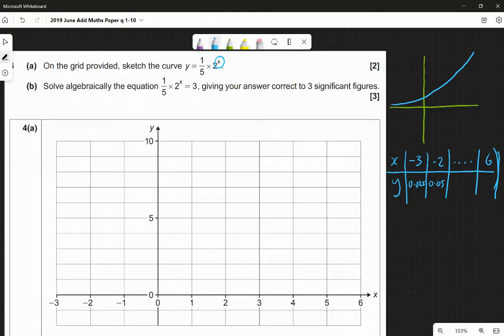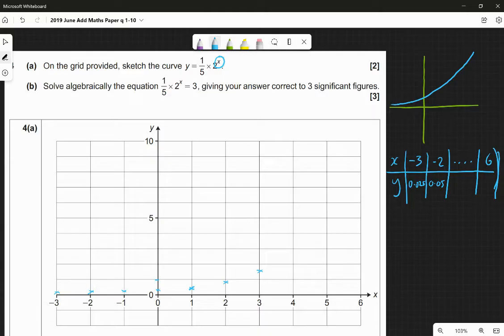So that would look something like this. It would be very close to 0, a tiny number for -3, another tiny number for -2, tiny for -1. At 0, we are only at 0.2, which is about there, because these grid lines are going up at 1, 2, etc. At 1, we have 1/5 times 2 to the power of 1, which is 2/5, which is 0.4, which is about there. Then at 2, we have 1/5 times 2 squared, which is 0.8. Then it starts increasing